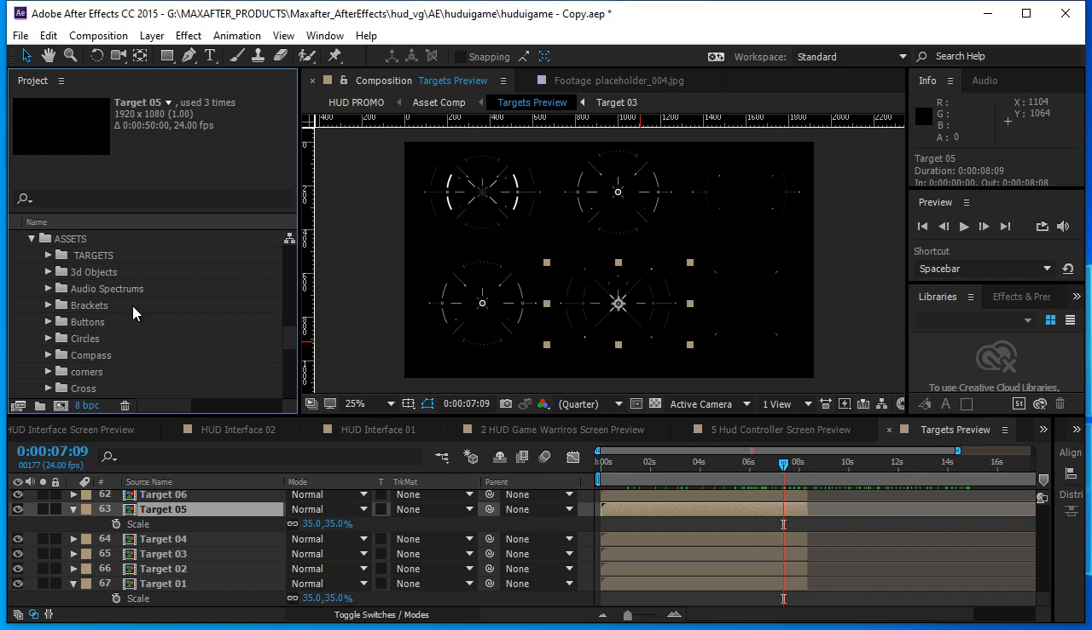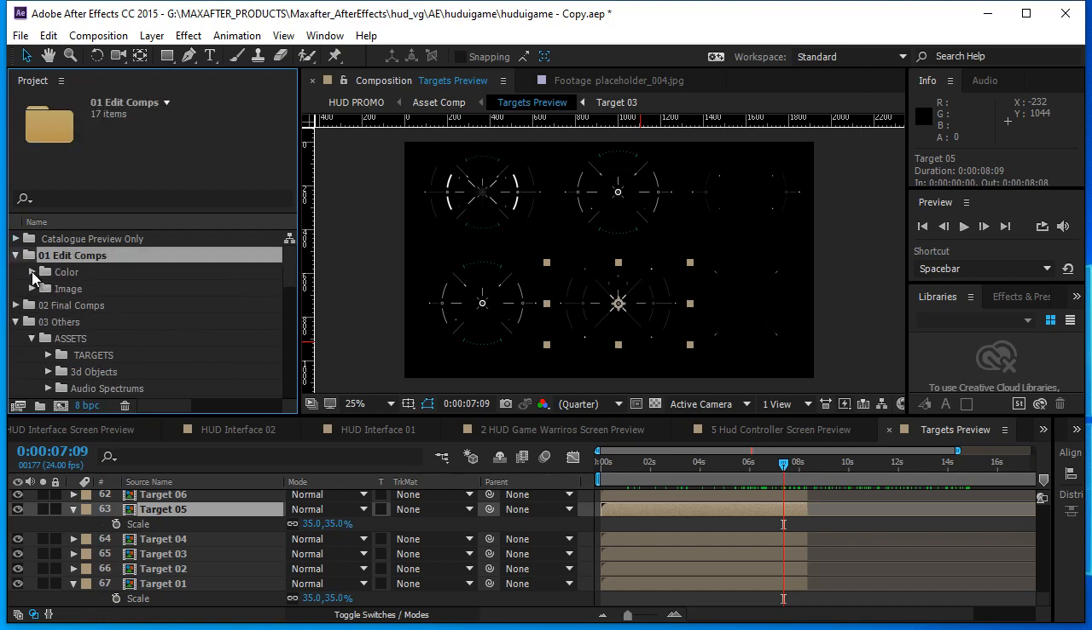So basically it's a catalog, and it's easier for you guys to see the elements where they are located, right? So this is basically a catalog, and you can't change things. You don't want to change things in here, it's basically for previewing purposes only. That's it, right? And then you go to edit comps, and in here you go to color and double click,